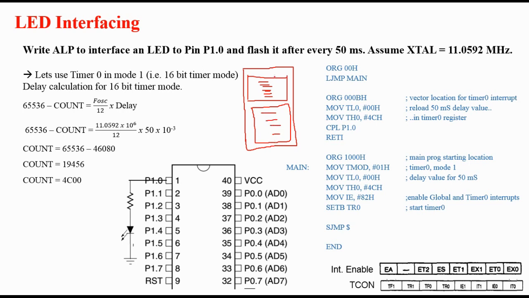Fine, and the starting location address is this. Now the problem is that if we start writing our program, the program will get occupied in the space of the interrupt service routine. We want to use the ISR of timer 0. So what we will do is, we will write two sentences over here.